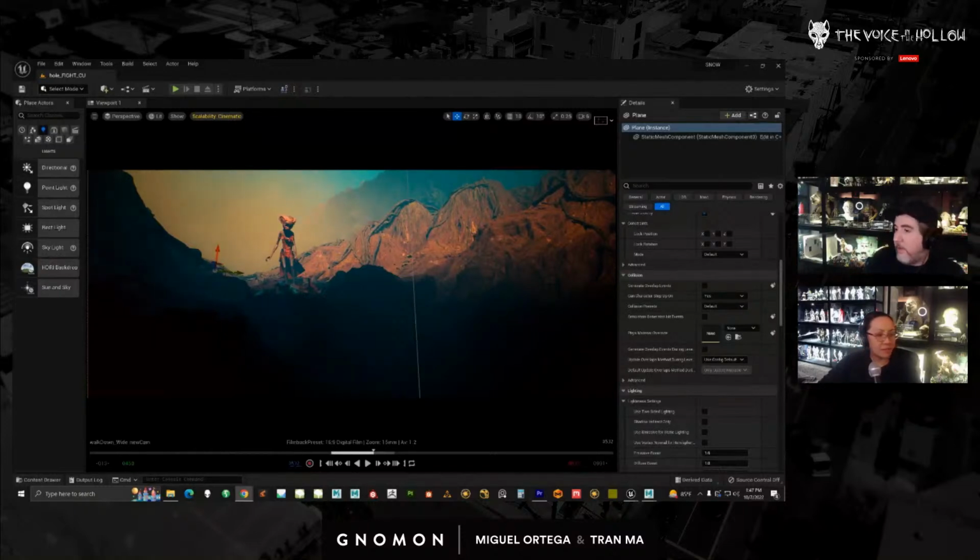Well, I'm assuming that means that every angle is different. Yeah, like how do you have consistent lighting? Like how do you cut from shot to shot and have it feel right? Well, in live action, the lighting is changing from shot to shot. If you watch a movie, every single shot, they're moving the lighting around, and there's no such thing as real consistency. You just have to light it like live action.